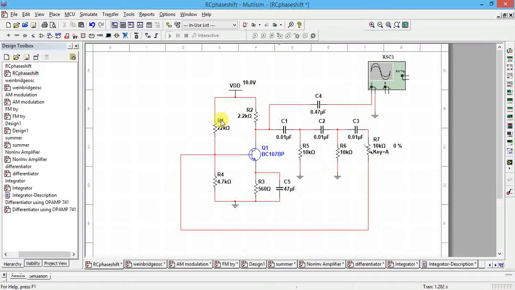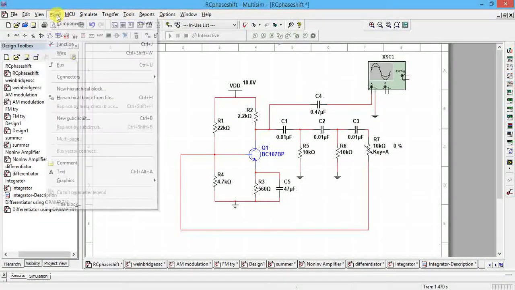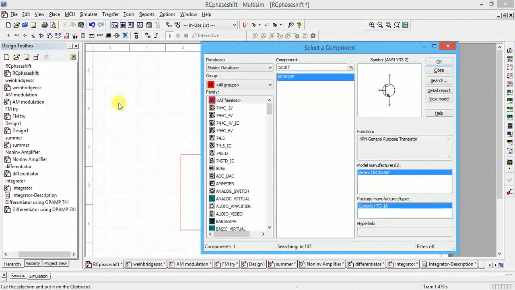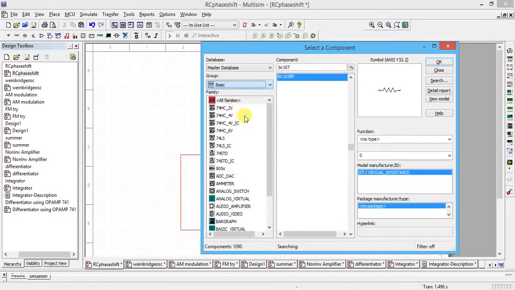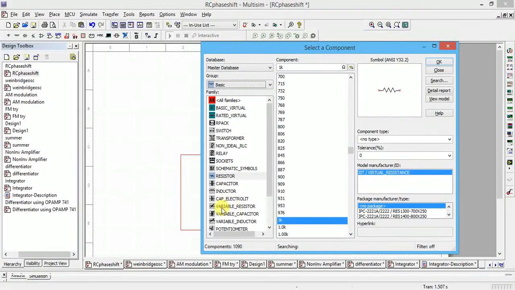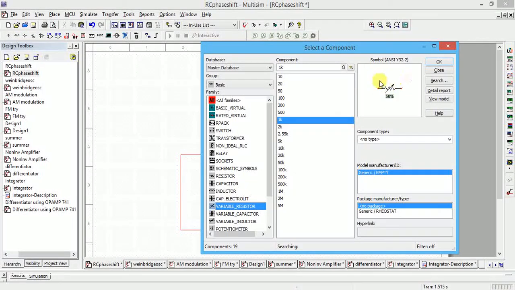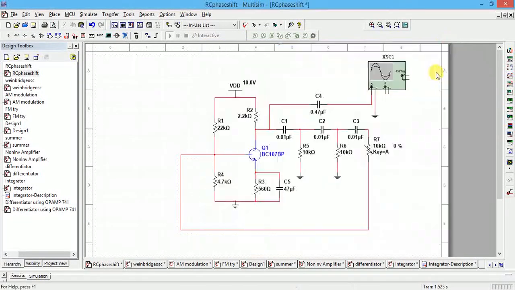Later, if you want to rotate, press Control R and place resistors vertically. So totally 8 resistors, and one more last one. I think you require one variable resistor at the end, so you can place component. You can get a variable resistor in the basic group. In the basic group, there is a variable resistor. If you place it, click OK and press Control R, you will get it vertical.